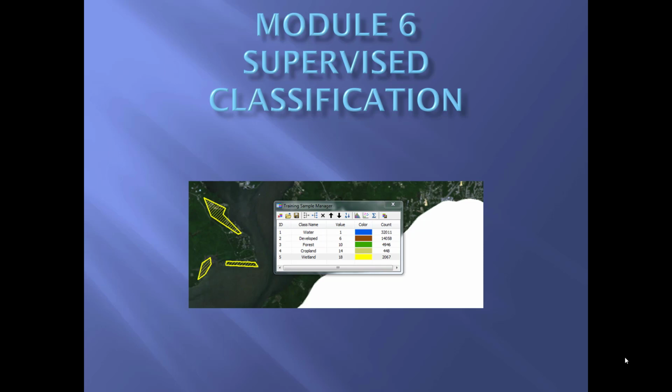This is an introduction to Module 6 from Making Spatial Decisions using GIS and Remote Sensing, and we're going to talk about supervised classification. So here's an example of a training sample manager, which is a window which will open up in your ArcMap session, and you will be drawing polygons around specific land covers. These are color coded, and you can see that wetland is highlighted and the polygons are drawn around wetland areas